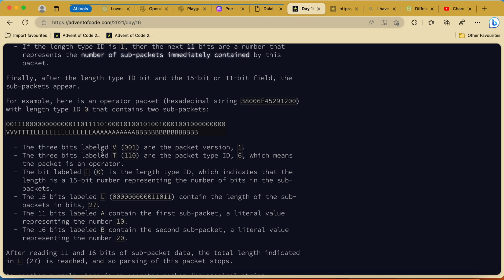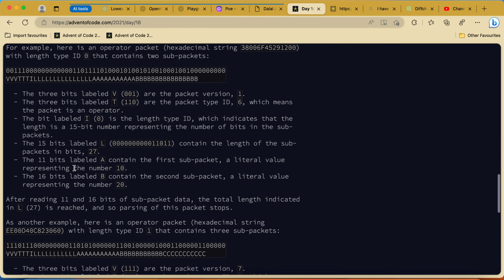The 3 bits labeled are saying, okay, that's our packet version. Here the type ID is saying, okay, we're type 6, which means the packet is an operator because it's not 4.